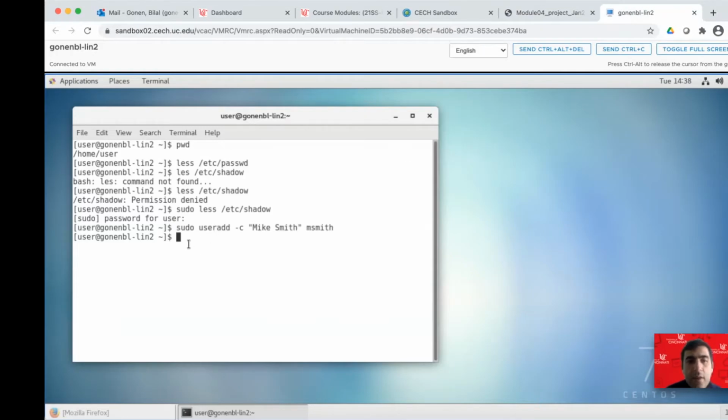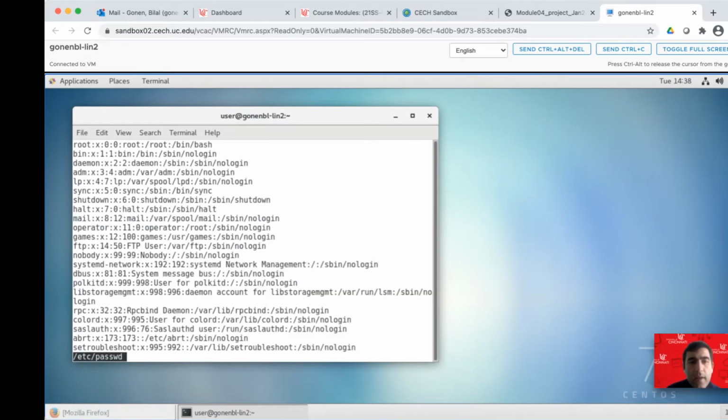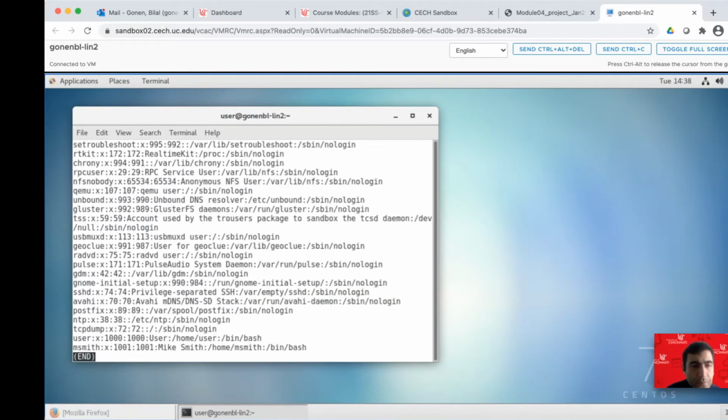To see this, we look at the passwd file. So I say less. To see the passwd file, the sudo is not necessary. So we say /etc/passwd, and then press space. Okay, as you see, at the end we have the msmith username, and